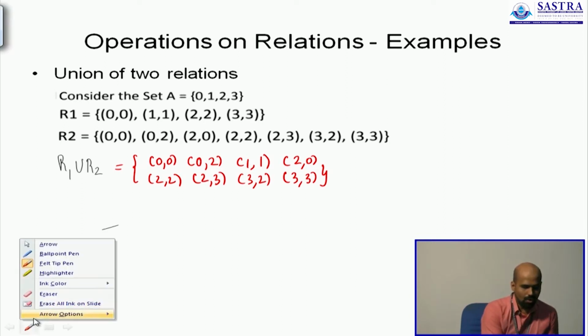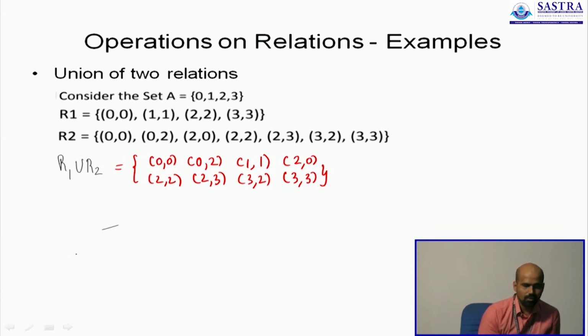Now, what we'll also discuss is an easy way to write down the union. For smaller sets, doing this is easy, but when you have two sets R1 and R2 which are too large, looking for every element is not pretty simple. Instead, what you can do is perform the same operation by considering the matrices which represent the two relations. Let's say I have MR1. Do you know how to write MR1?